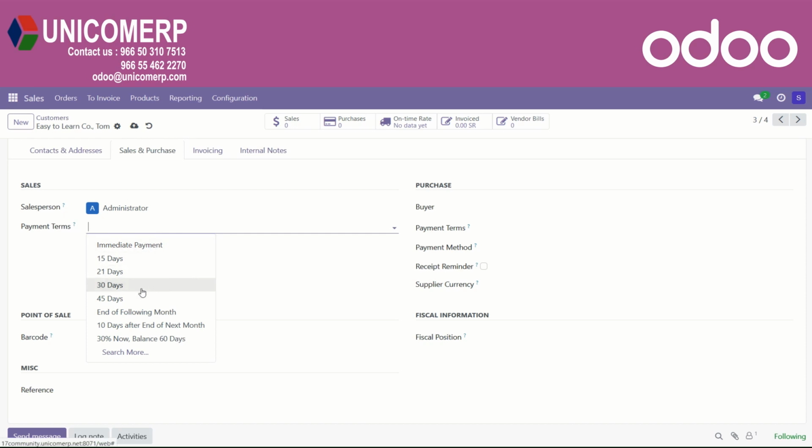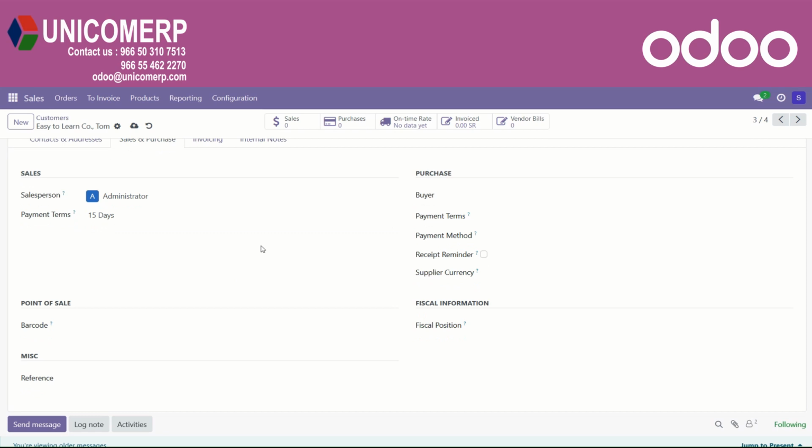So, this payment term will be used instead of the default one for sale orders and customer invoices. That is, if you are mentioning 15 days and you are using this person inside a sale order, this payment term will be taken there in that sale order. Now here, if you just take a look at the purchase section, you can see the buyer.